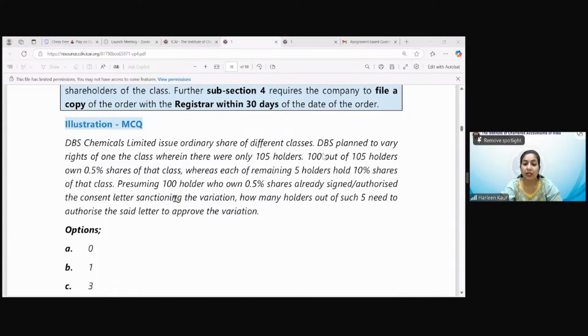So if you try to take out 3/4 of 5 shareholders, how much does it come? Yes, whose query was this? Bhumika is asking. Who is asking? Priya Mishra. If you do 3/4 of 5, it will come out to be 3.75. But how will you take the consent of 0.75 shareholders? So here, the whole of the shareholders, 3's consent has to be taken. Is that clear?